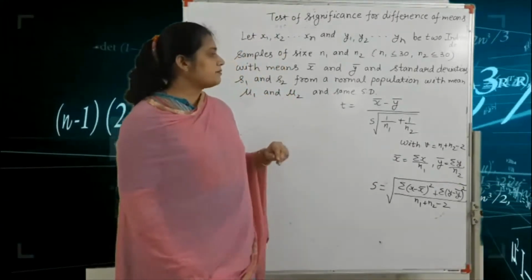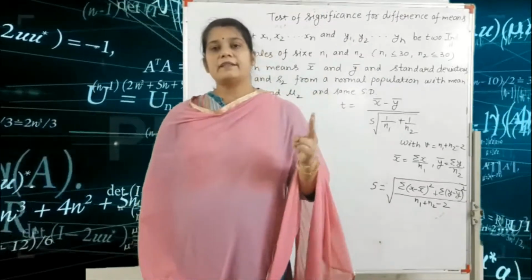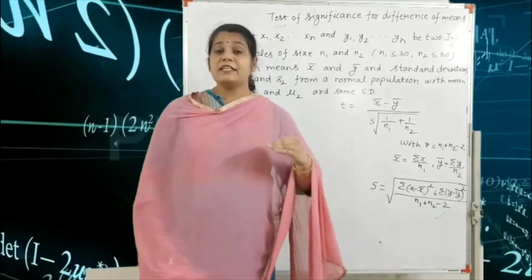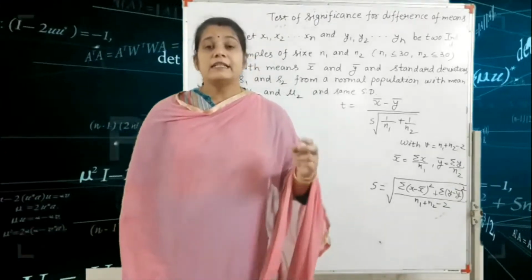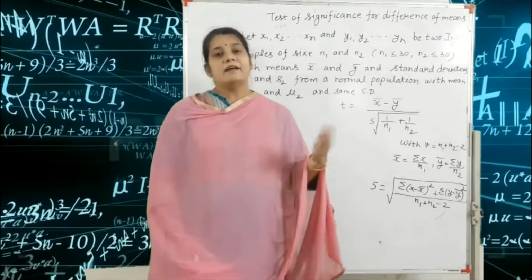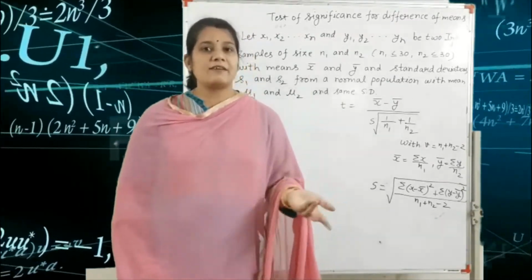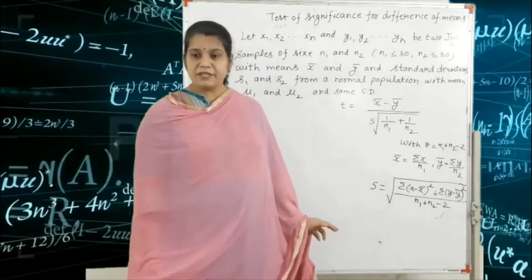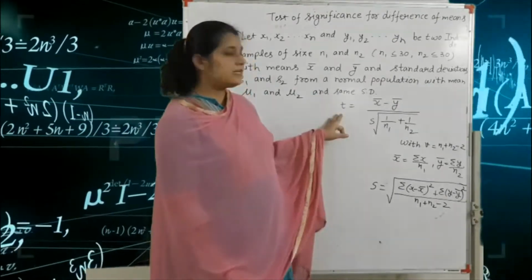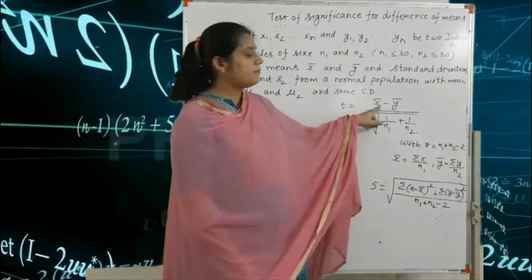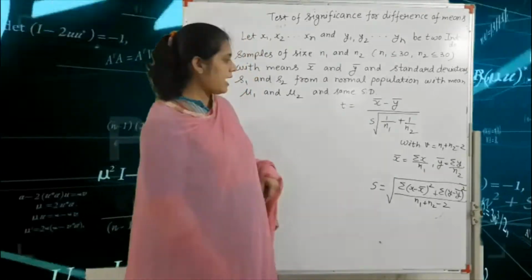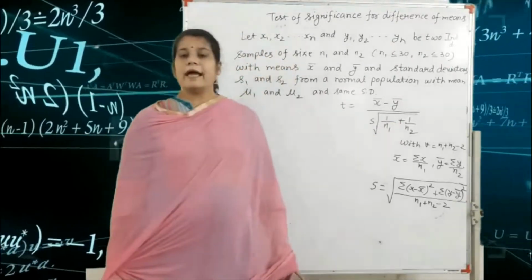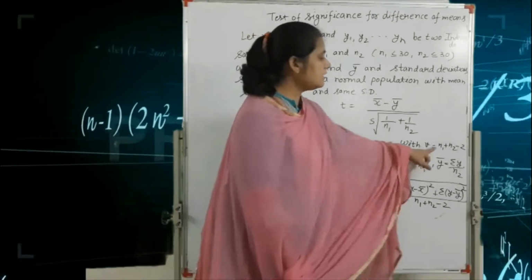In this type of question we are given two means and two numbers of samples less than or equal to 30. If a question gives samples less than or equal to 30, then we go to small samples, and then classify it as the T student test, F test or chi-square test. Here we are given the mean, so the formula is T equals x bar minus y bar divided by s root of 1 upon n1 plus 1 upon n2. Here V is equal to n1 plus n2